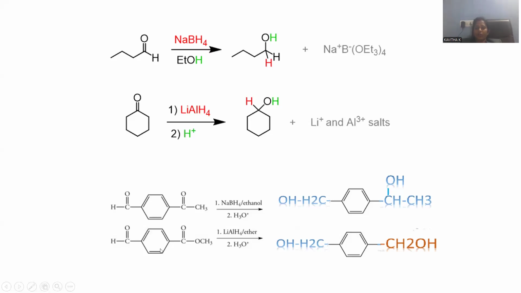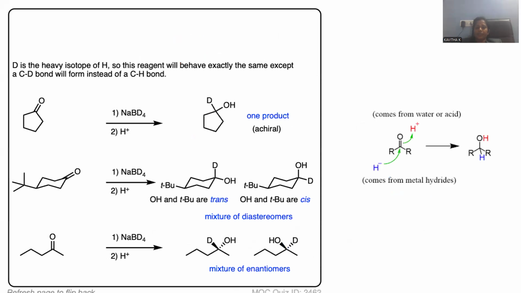Whenever the compound was taken as an aldehyde at one end and an ester at the other end, and the reagent was changed to lithium aluminum hydride, the aldehyde turned into alcohol, and the entire ester will be shifted into alcohol again. This is the reason, because lithium aluminum hydride is a strong reducing agent.